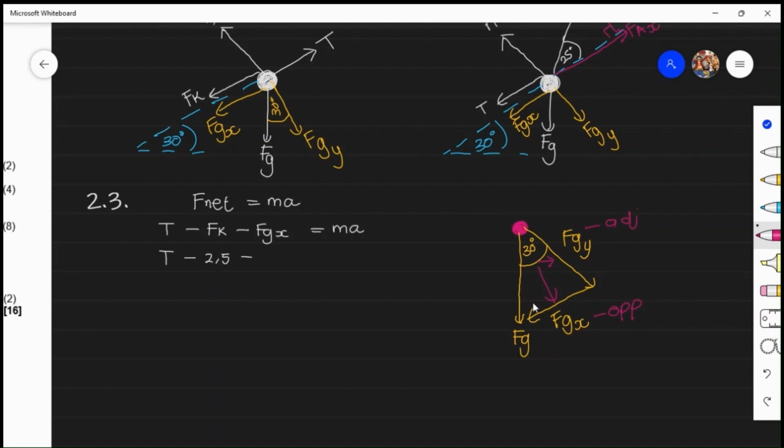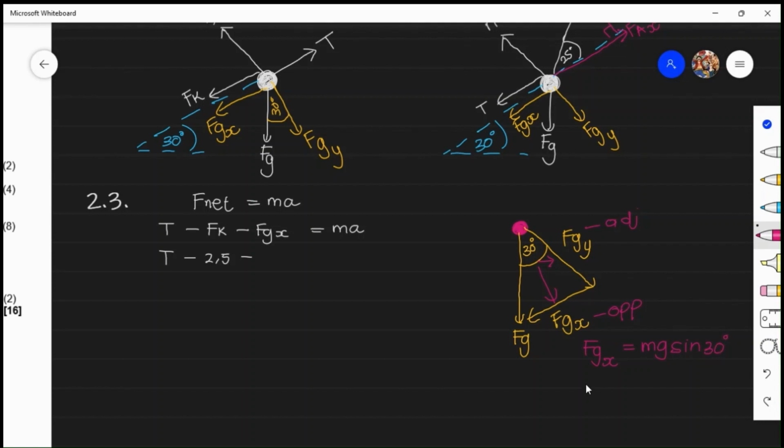So because this is the opposite side, we are going to use sine of that angle, because sine deals with the opposite. So this is then going to become Fgx equals to force Fg, which is equal to mg sine